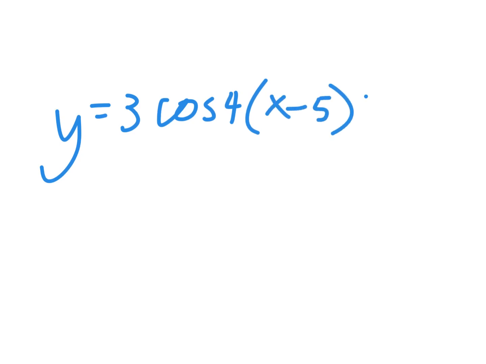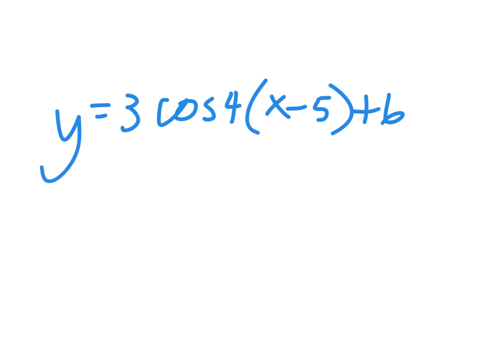If I had this equation, 3 cosine of 4x minus 5 plus 6, could you tell me the period of it? If you know a little formula, you could. The amplitude would be too easy. That's just 3. How far up it was shifted? Too easy. That's just 6. But the period,